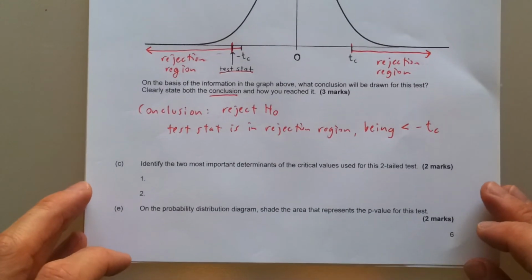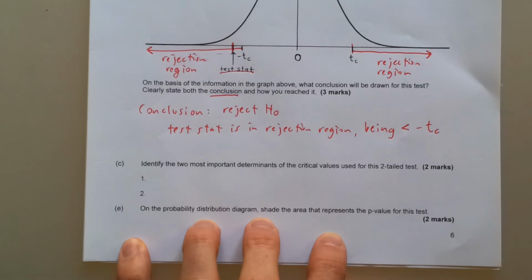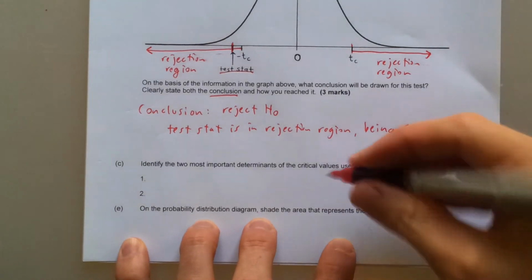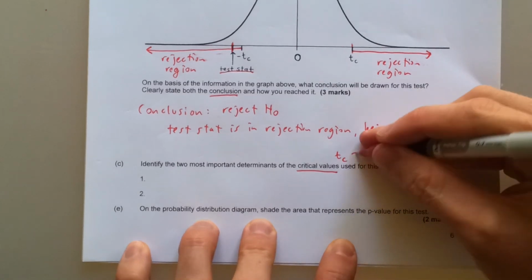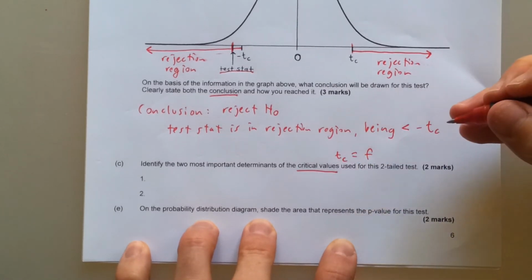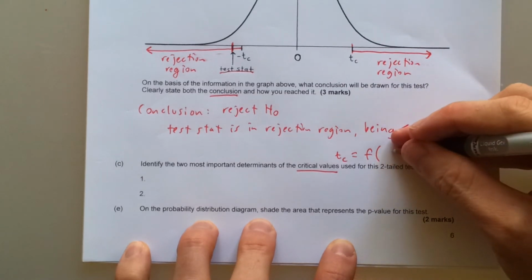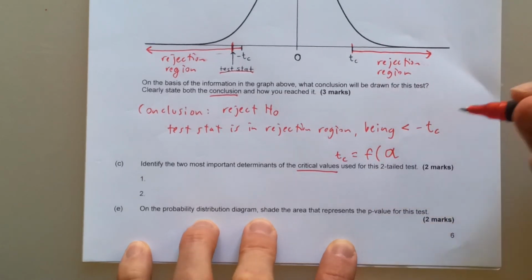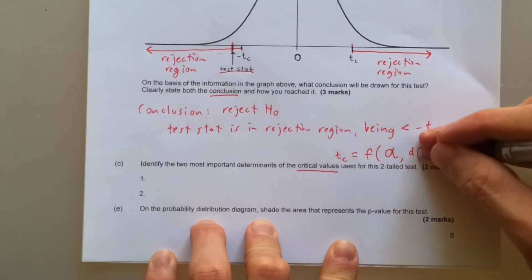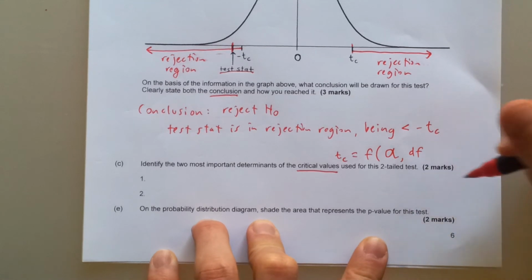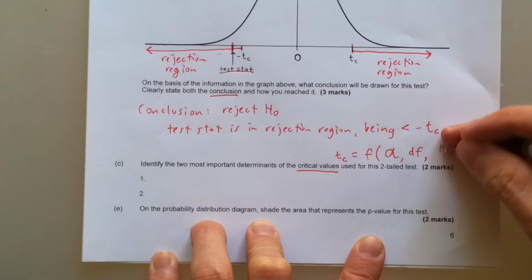For C, it says identify the two most important determinants of the critical values used for this two-tailed test. So critical values, TC, are based on three main things. One is going to be the significance level of the test. Another is going to be the degrees of freedom for the distribution that we're using for the test. And the other thing is going to be the